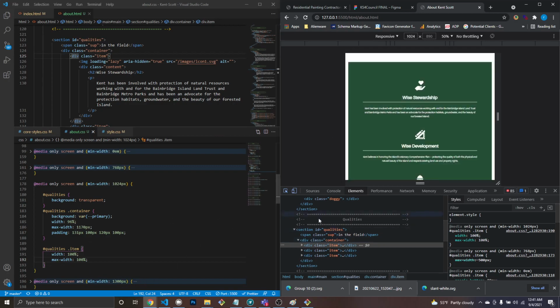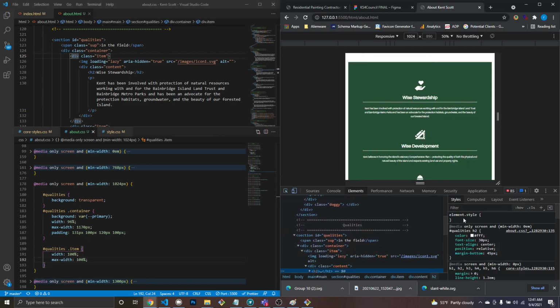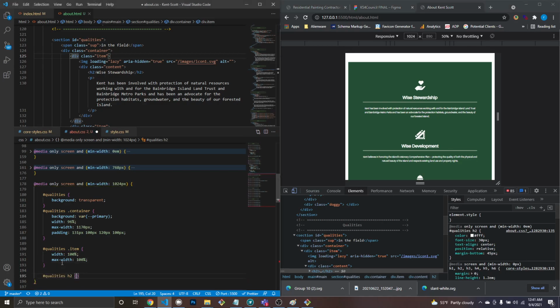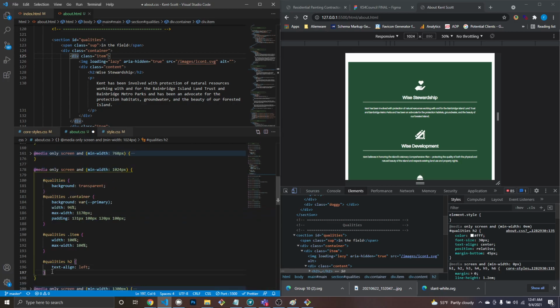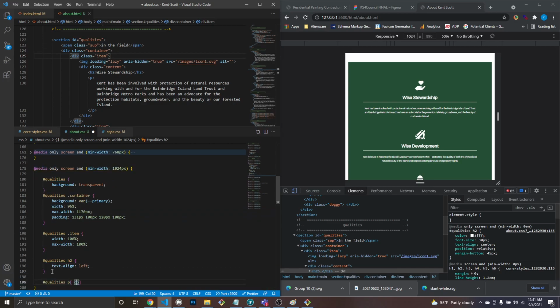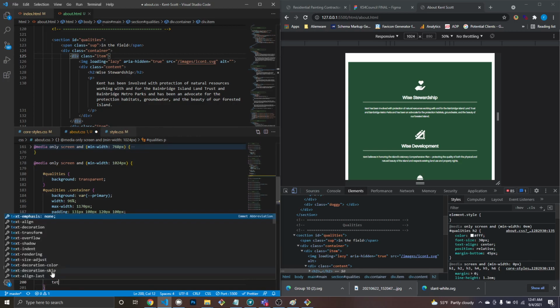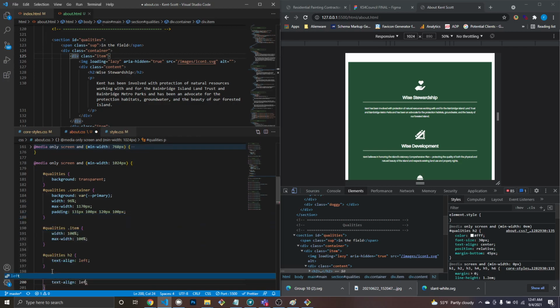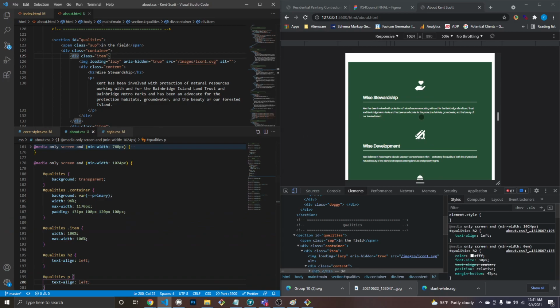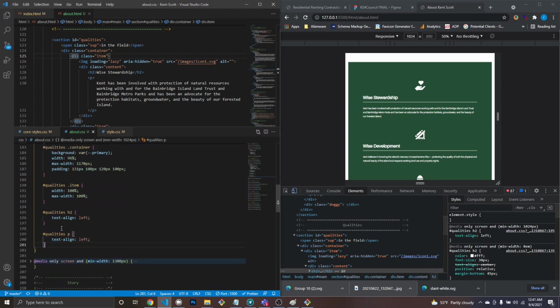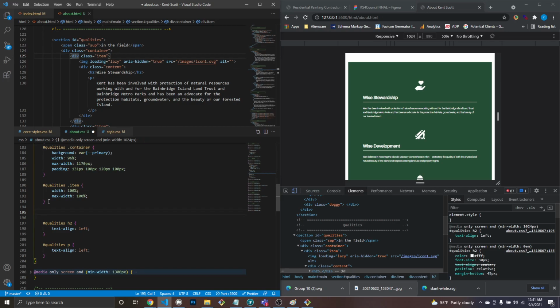And now I got to do my H2 left. And then text align left. There's that. And now I gotta do our image,